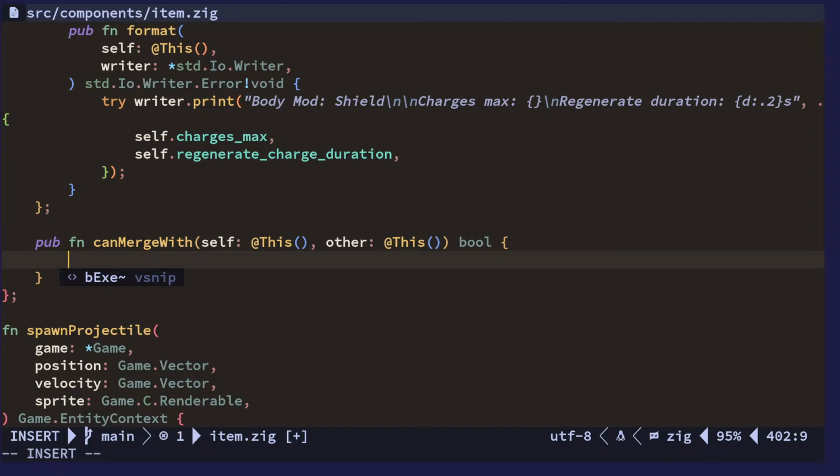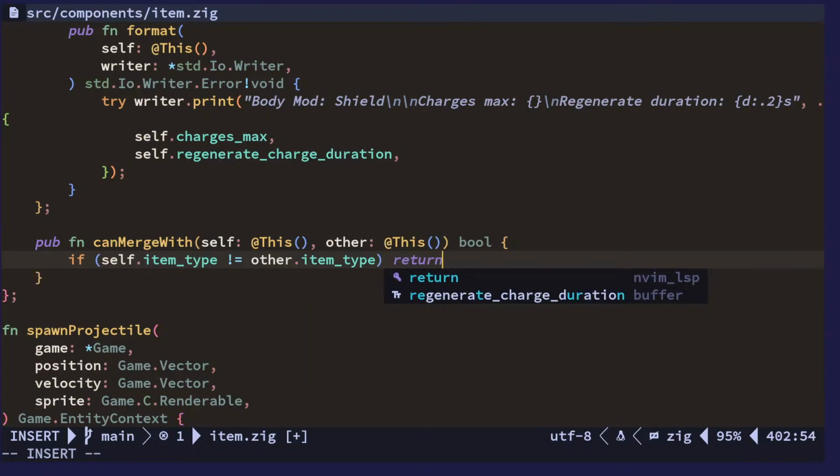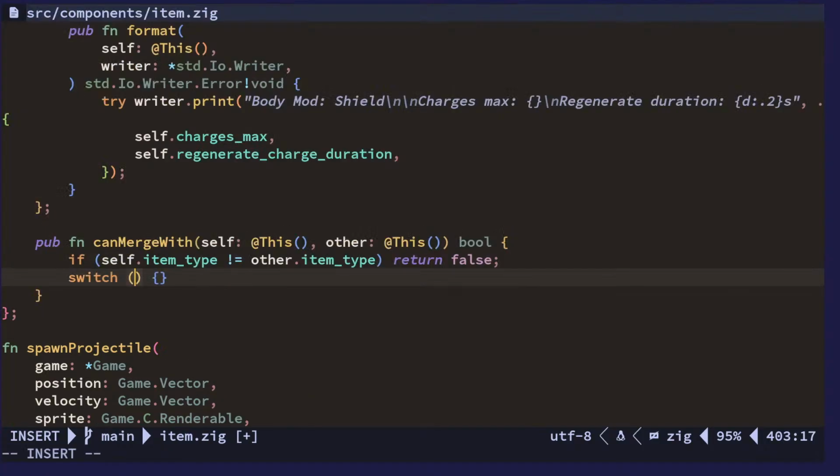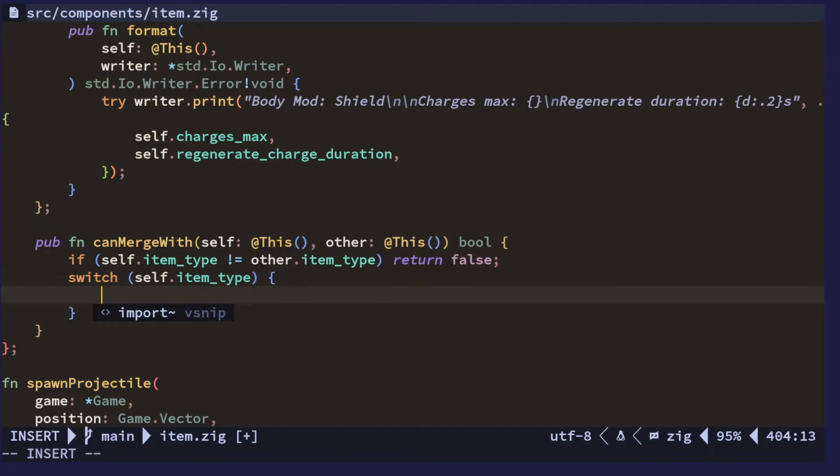Okay, and then we're gonna check if item type equals the other item type. If it's not equal, we return false. Switch item type,